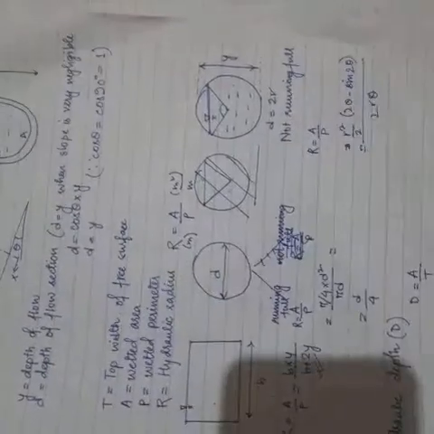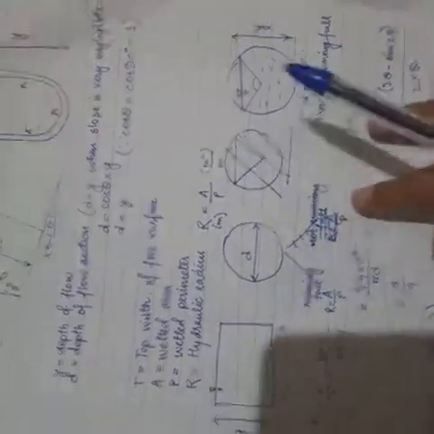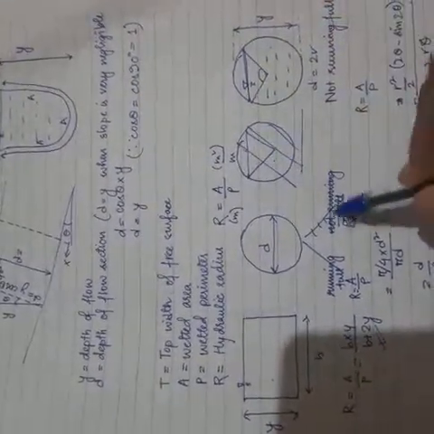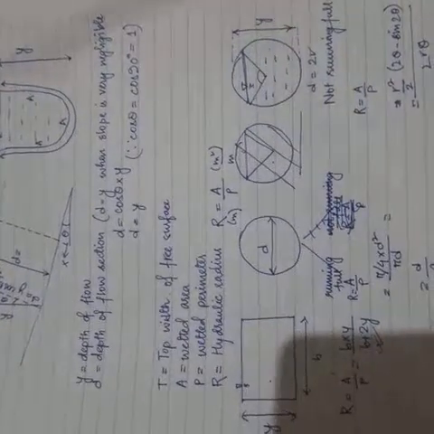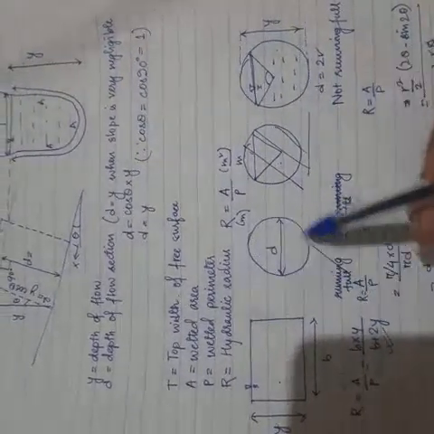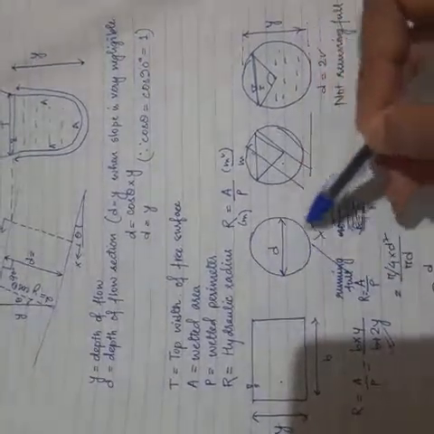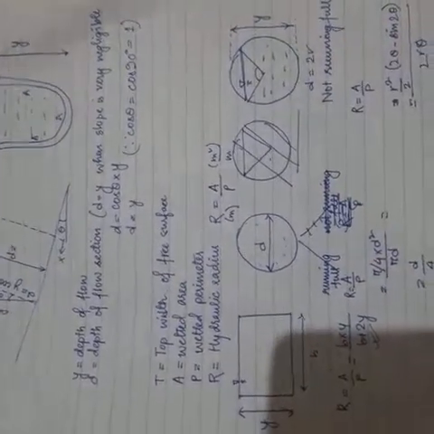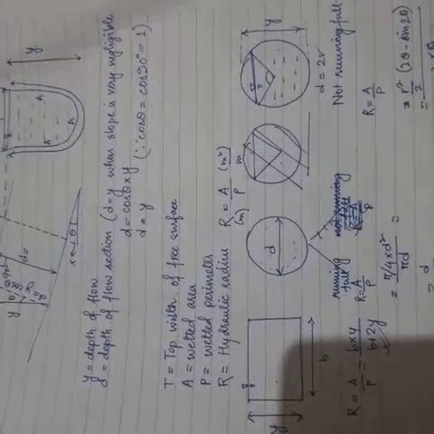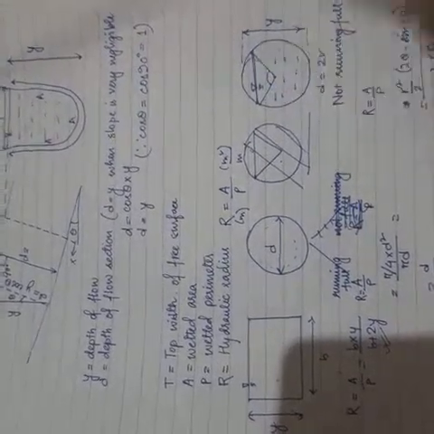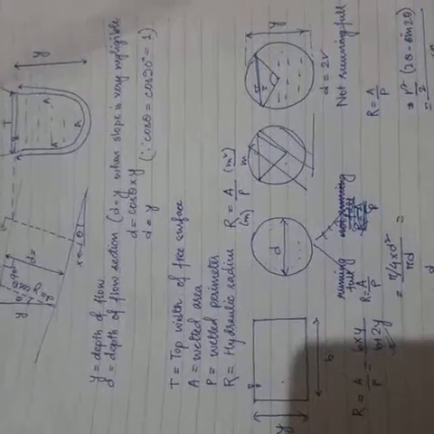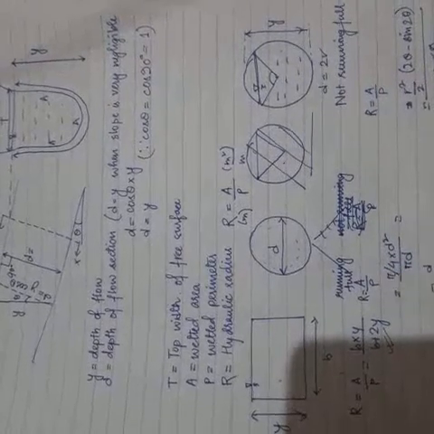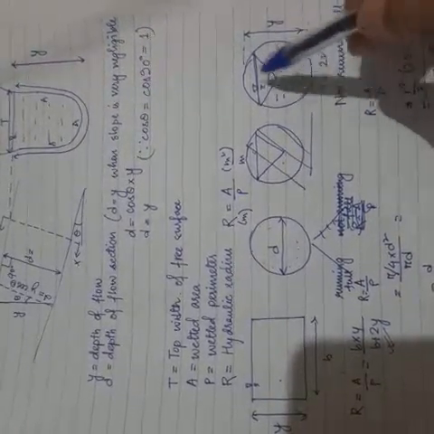Then if we come to the configuration of circles, we see that a circle can have two conditions. Actually I was drawing this, but I thought it is better to shift it so that you understand better. One is when a circle is running full, that is, there is fluid throughout. But there can also be another condition where the circular section is not running full. So whenever the circle is running full, what happens? These A and P change with respect to when it is not.